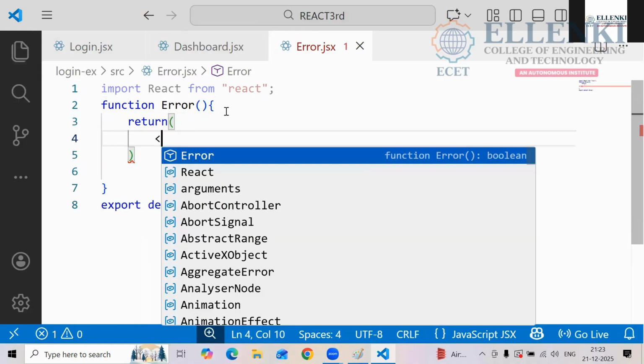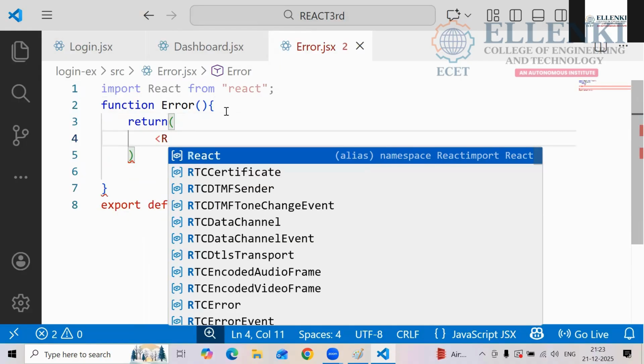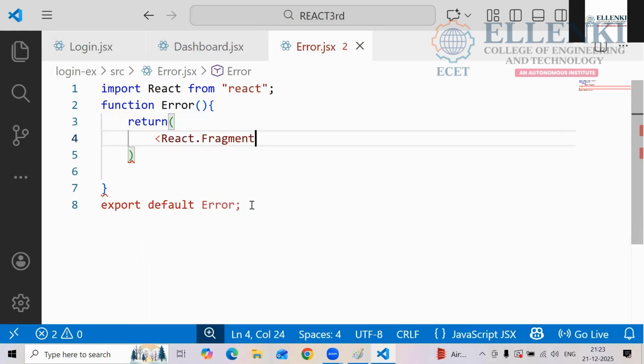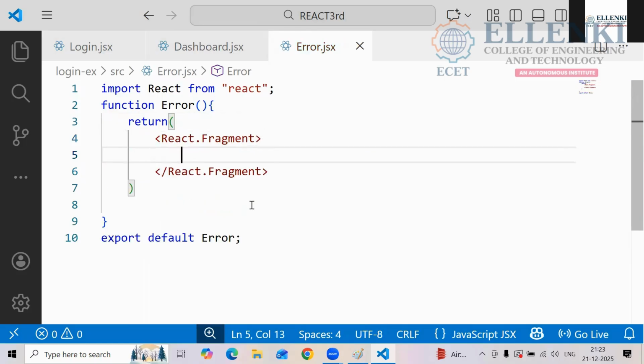Girls, if you know, why are you sitting silently? Why are you people sitting silently? If you know what you have to write in the code, all of you have to participate. Don't sit silently. React.fragment. Open your mouths. React.fragment.